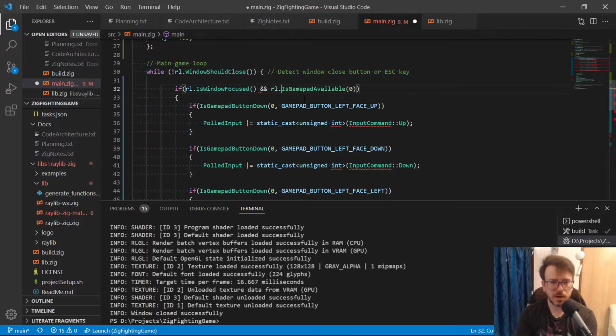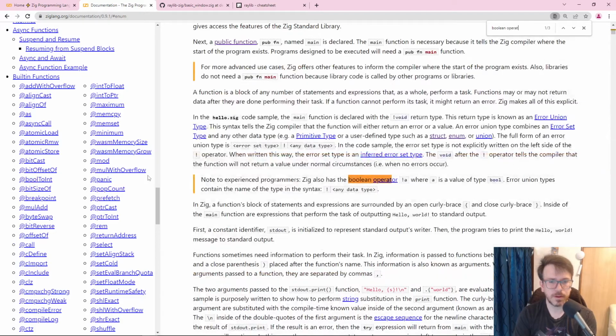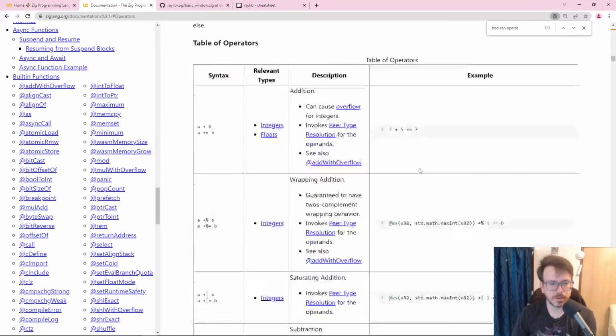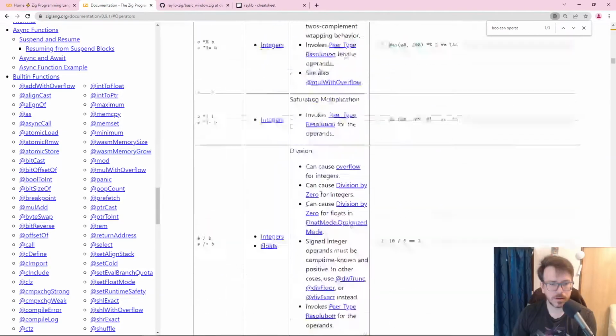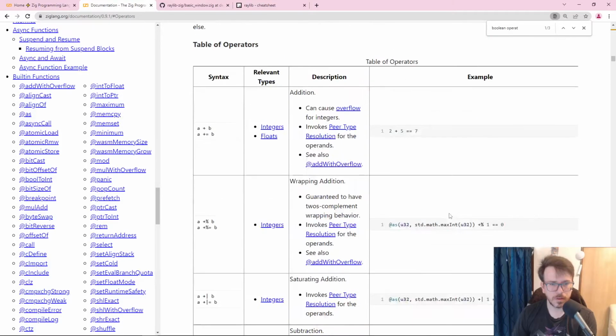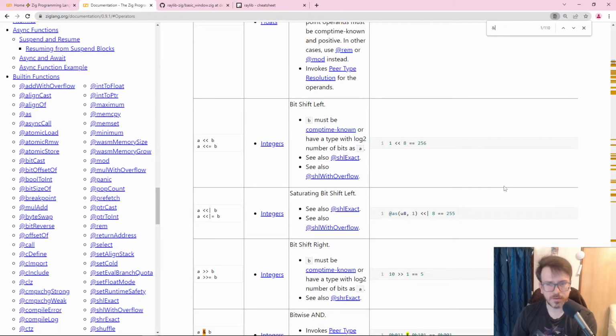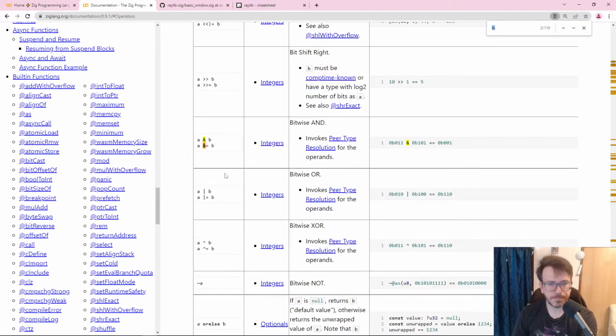And what is the Boolean operation in Zig? I need to look at this. I don't know what Zig's, not Boolean, sorry. Bitwise, not bit. Okay, Boolean. Again, coffee. What are Boolean operators? Okay. Or. Oh no, operand has and in it. There should be an and, right? This is a bitwise and. I don't want the bitwise and.